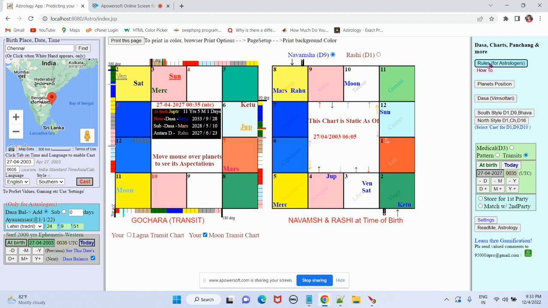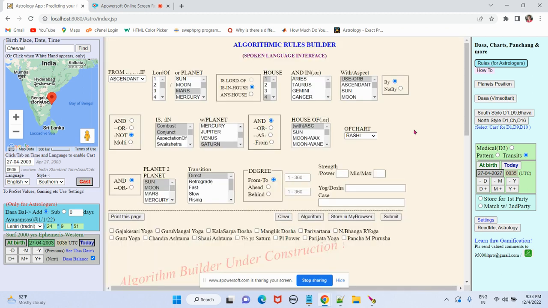You can really set any rule. You can set any rule here. We've already seen, I'm not sure if I covered, yeah, I covered Saturn being in 12, 1 or 2 position for Sadesati, for Moon, anything. And not to mention, it can be the Mercury again, Panchamaha Purusha for Mercury or Sun.